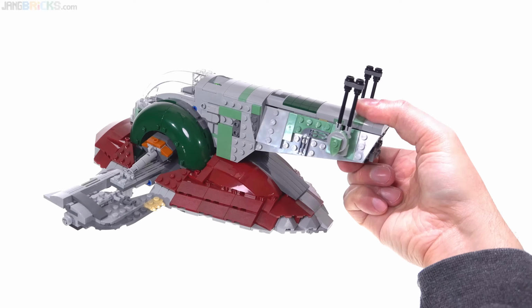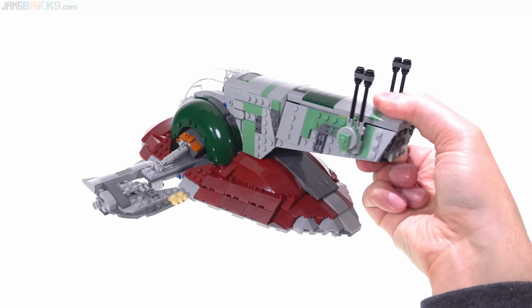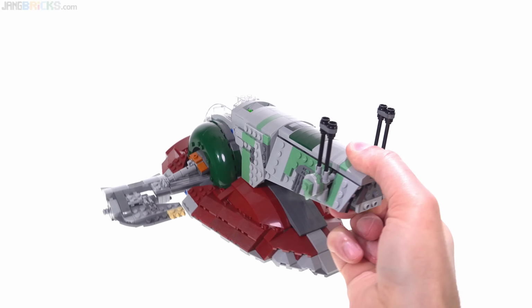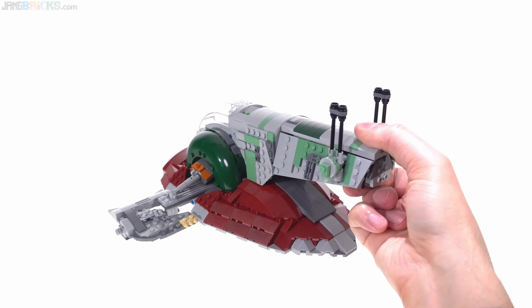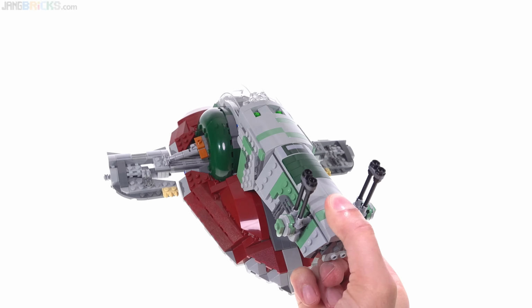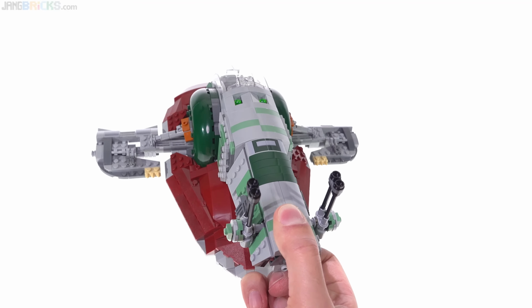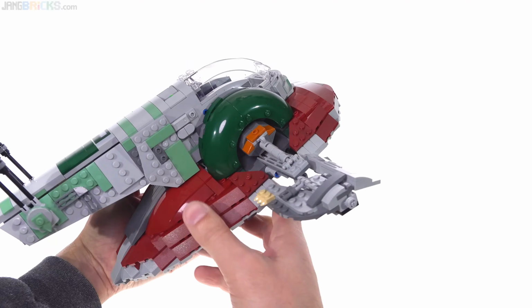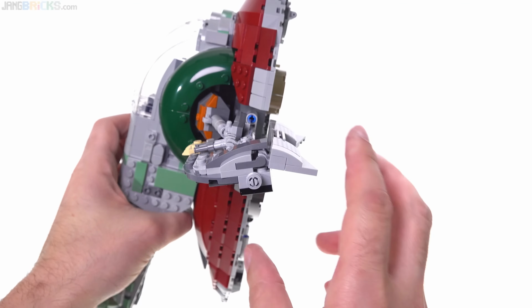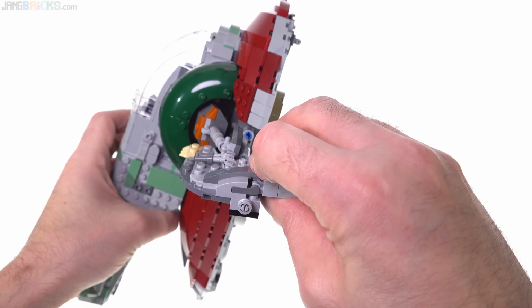I mean, look at that. Holding it by the thinnest point on the tail there, and I have no worries about this coming apart. It doesn't give me any concern whatsoever. This is probably stronger even than the Ultimate Collector's Series version was. And then it has the classic gravity-driven winglets, and you can change the angle of the little flaps back there